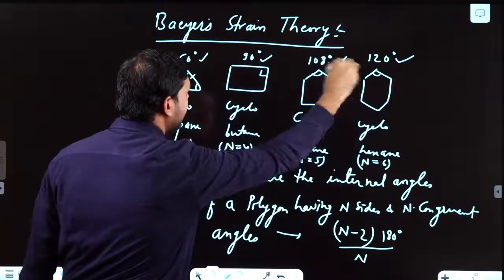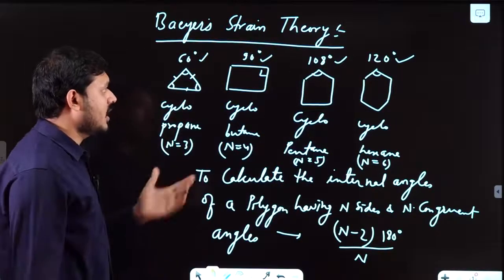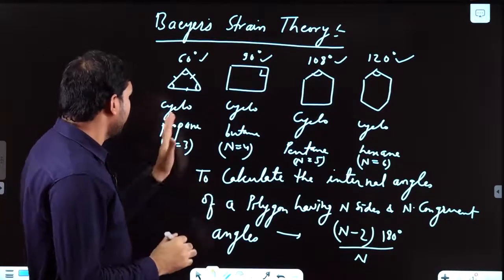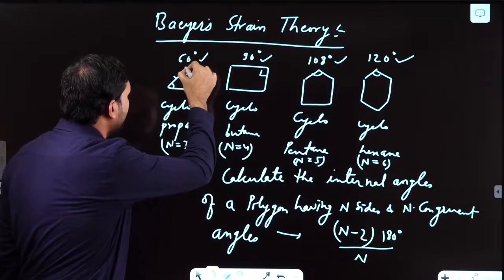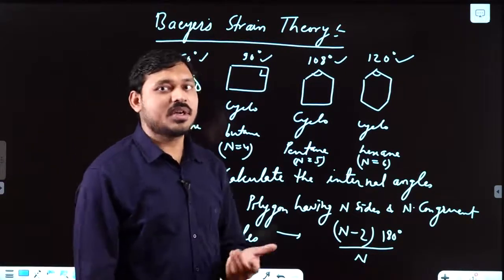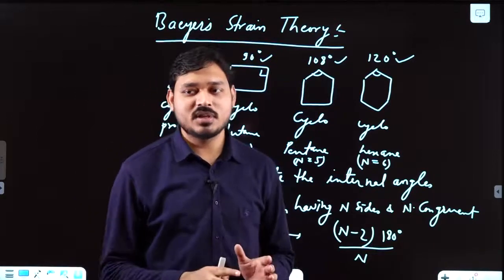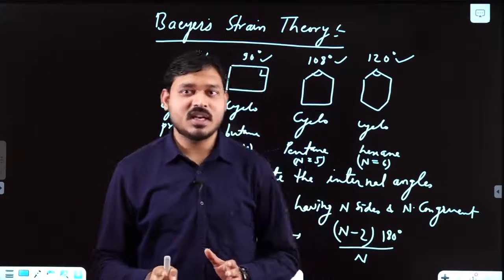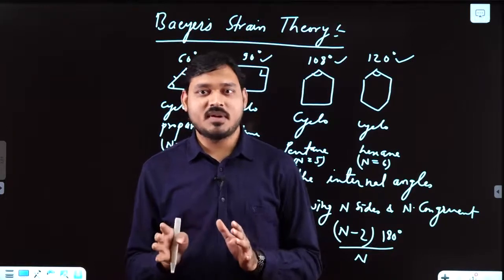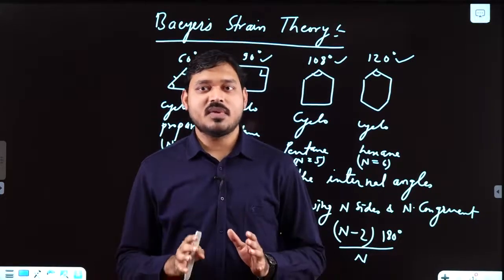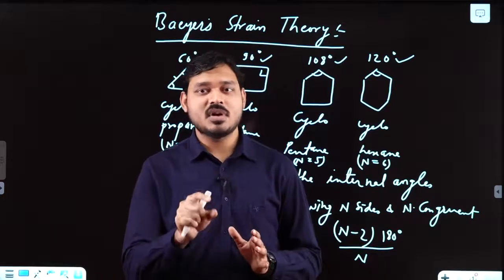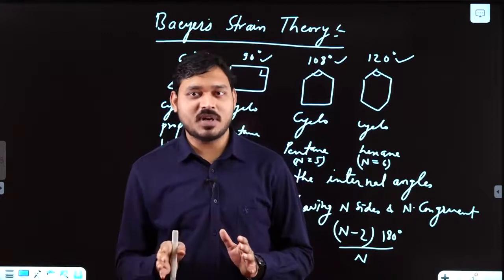Now, I think you have understood how these bond angles are calculated and how he observed these interior angles. Accordingly, he explained that if this is cyclopropane, this is a carbon, and as we know, carbon is tetravalent, forming 4 bonds. If it is forming 4 bonds, then it must have tetrahedral geometry, meaning the hybridization will be sp3, and accordingly we can say the carbon must have an angle of 109 degree 28 minute.